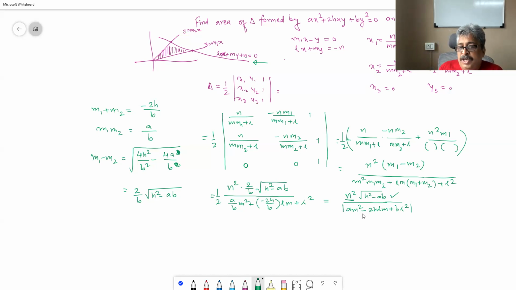The meaning of the denominator is to make the area infinite. So the denominator must mean that the area is becoming infinite, and that is possible if Lx plus my plus n is parallel to any one of the two given lines. If it is parallel to any one of the two given lines, what will happen is minus L by m, that is the slope of this line. Suppose it is equal to m1, then